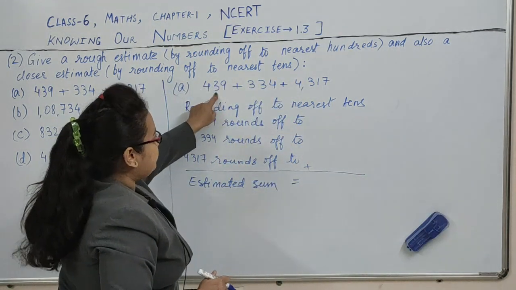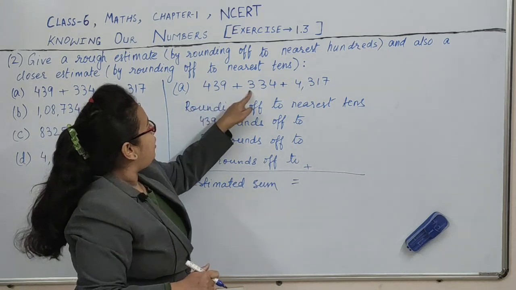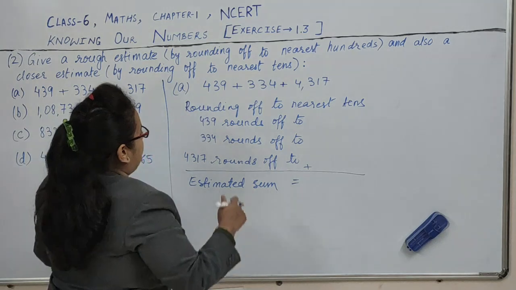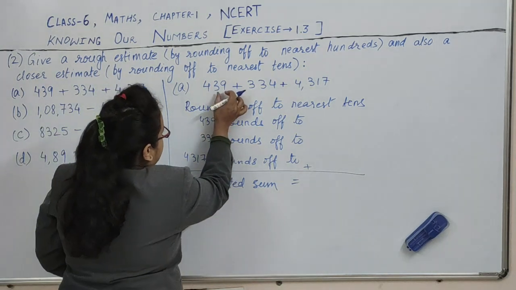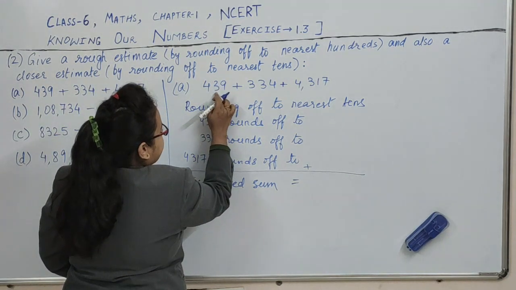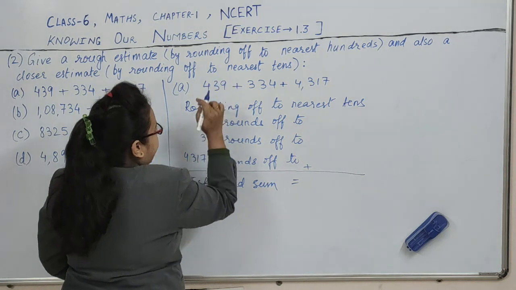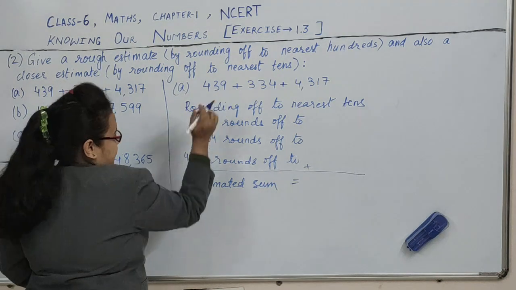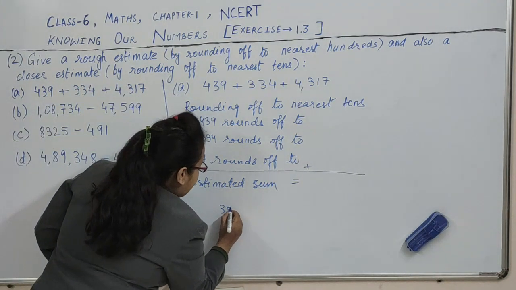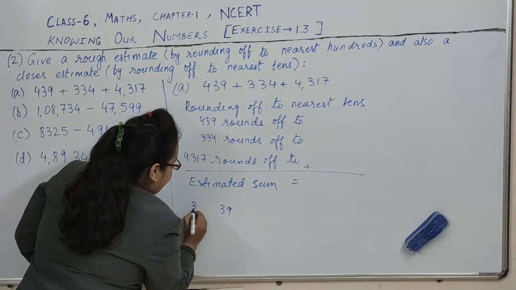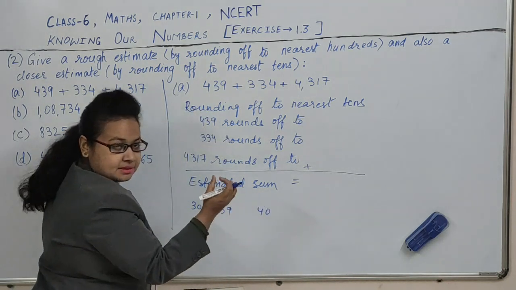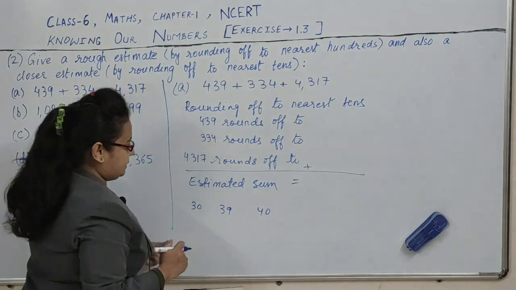See, this is ones and tens. The same number we have to round off to the nearest tens. Ones and tens. So we will take only up to tens, ones and tens. These two digits only we will take, which contain ones and tens places. So this is 39. This lies between how many tens? 30 and 40. 3 tens and 4 tens.